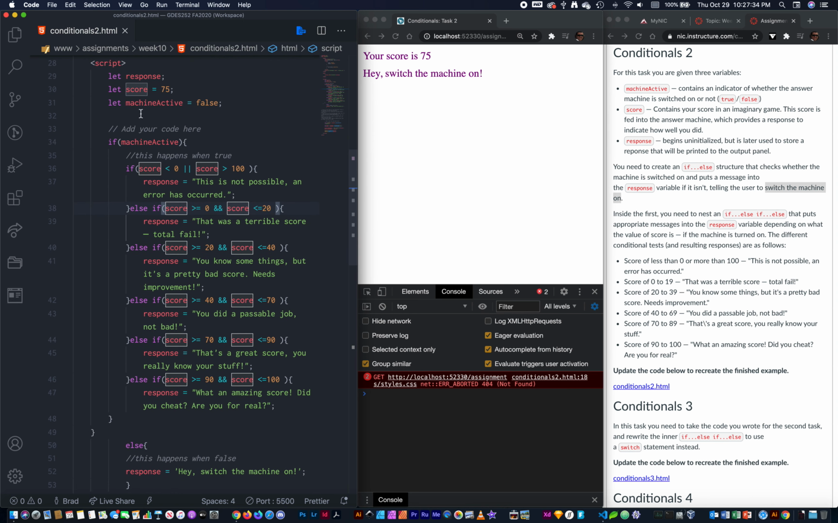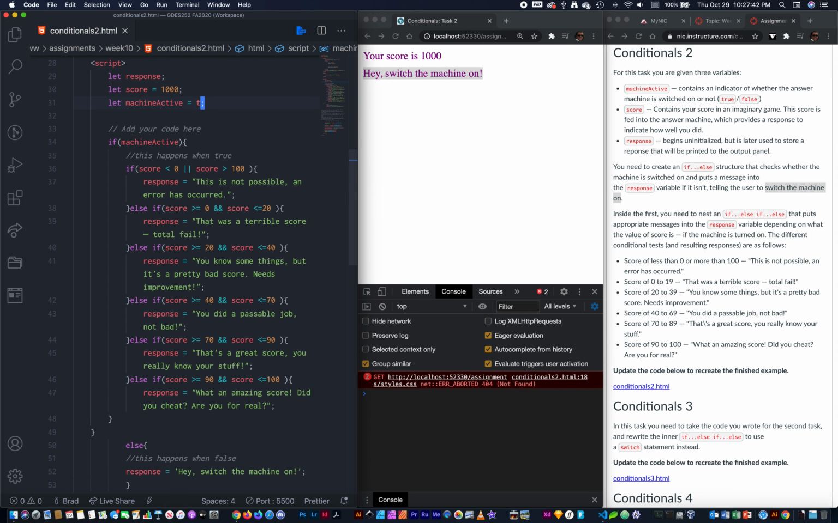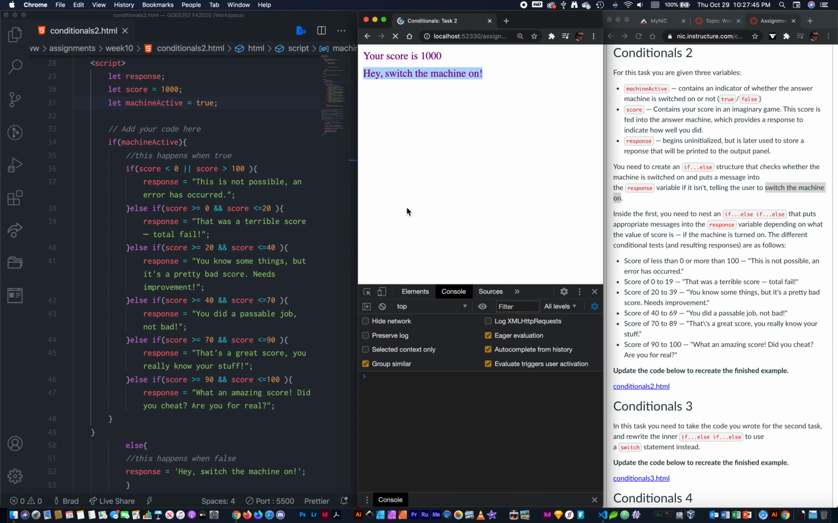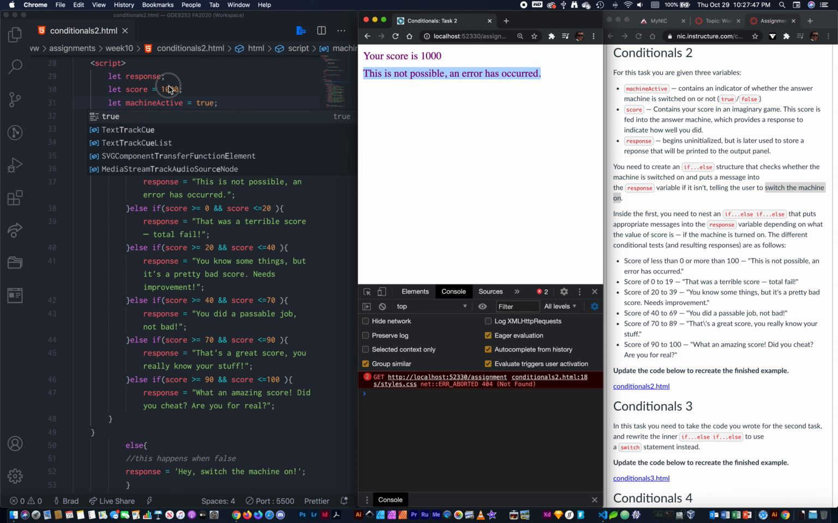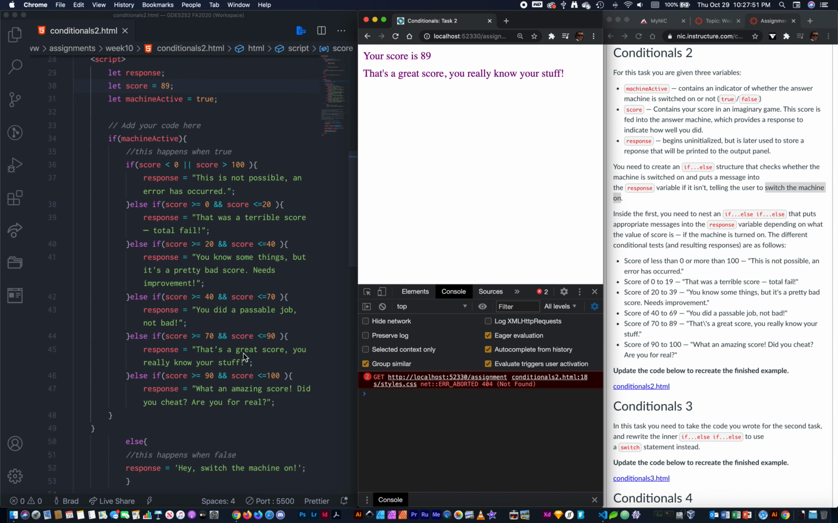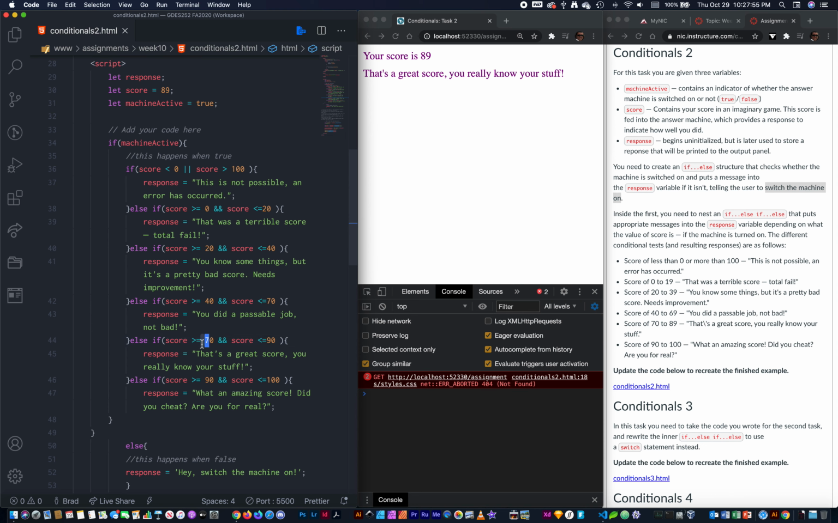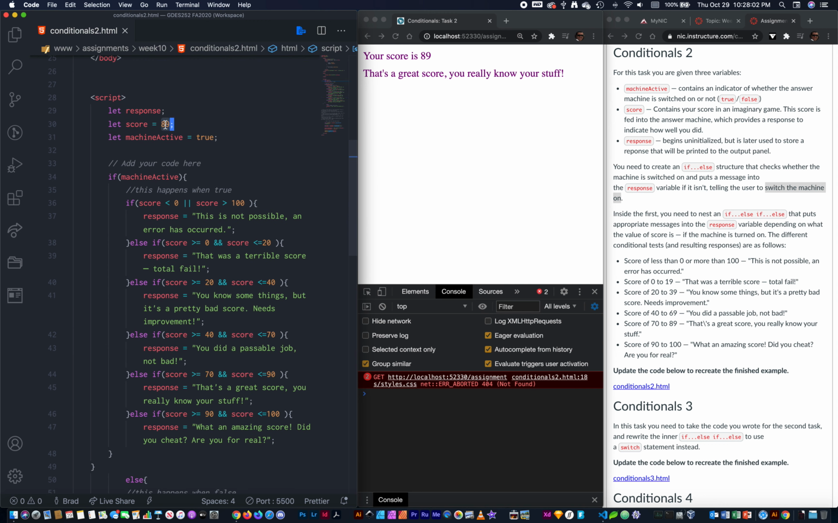So there's that. Now if we test the score, again 1000, it still tells me the score, but the machine's off. So we test it true. So it's not possible. We say 89. We should get, that's a great score. So less than or equal to 90, less than or equal to 100. So 89, 59, we do 49,